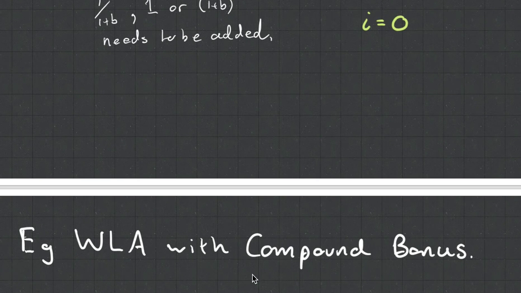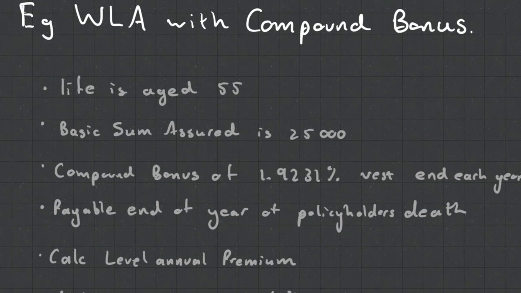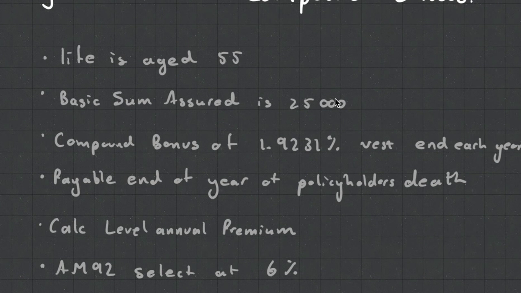We're going to do an example for a whole life assurance with the compound bonus. Okay, so this is the question. Our life is age 55. He's got a basic sum assured of 25,000. A compound bonus of 1.9231% is vested at the end of each year. It's payable at the end of the year of death. Let's calculate the premium, and we've got